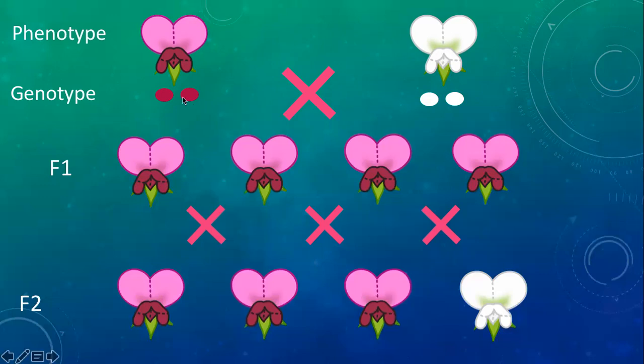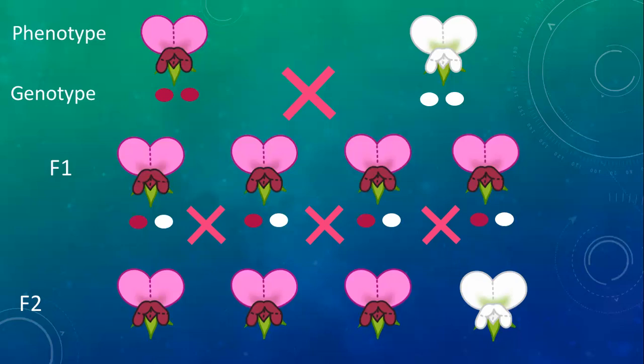So there's a 50% chance that the one allele will be chosen, a 50% chance that the other will be chosen, and the same is the case here. But since both are either red or white, of course, every plant in the first generation, every offspring has one red and one white allele. And since we have this dominance of one allele over the other, in this case, red is dominant over white, this means that every plant will have the red color for the flower, because red is dominant and every plant in the first generation will have the allele for red.